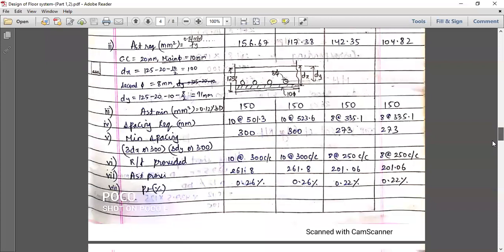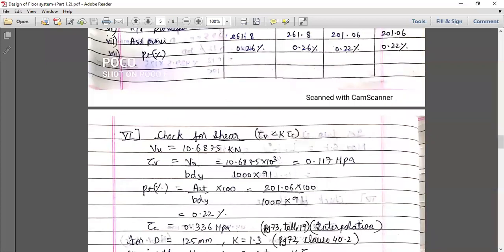Now which will we take? We will take dy. Why have we taken dy? Because to get the maximum shear stress. We will check for the maximum, for the worst possible condition. If this denominator is less, then the value will be higher. Is this clear, everyone? So that is the reason we have taken the lesser value dy. I hope this is clear.